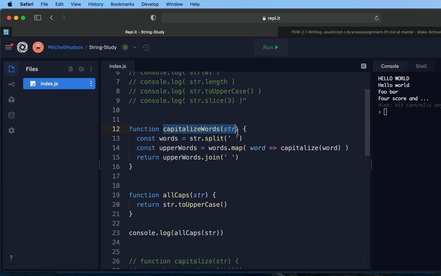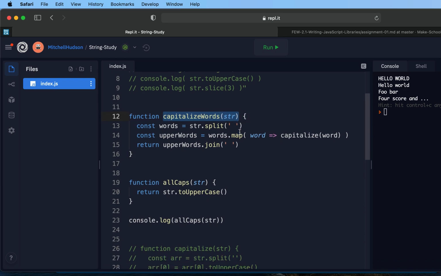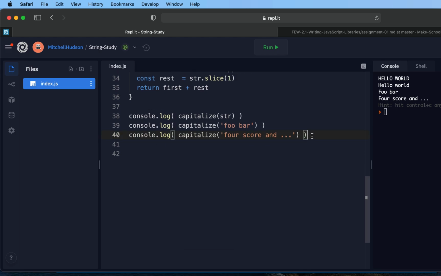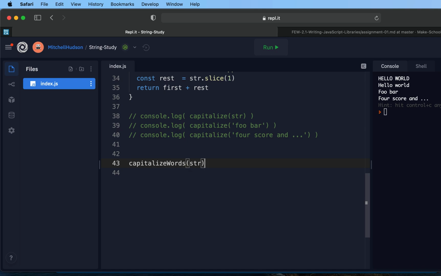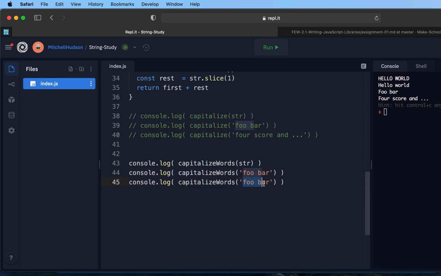So we'll need to pass a string in here that we can use. So let's call capitalize words. And maybe I'll comment out our previous tests. And maybe we'll do console log. And we'll pass the string in there. And then maybe we'll do another one here. Maybe let's do a string here. We'll say foobar, and we'll do a third test here. We'll say